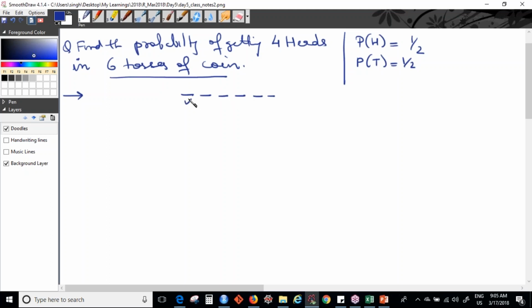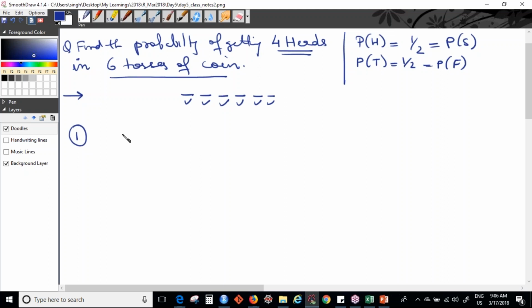So this is the answer that I get when I toss a coin the first time. This is the answer that I get when I toss the coin the second time. This is the third time, fourth time, fifth time, sixth time. Right? This is the answer I will get. Now, since I am concerned with heads, I will define this as my probability of success. And this will be my probability of failure. So I will represent head as my success because I am concerned with heads. I will represent tails as my failure. Okay, so in this case both of them happen to be the same. So first